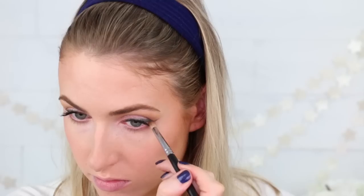So now on to bronzer, and my bronzer actually broke in transit, so we're still gonna try it, but it's gonna be messy. It has that really strong, chemically scent to it, which is not super appealing. All right, now I'm just gonna apply a little bit of the crease color underneath my eyes, and we will